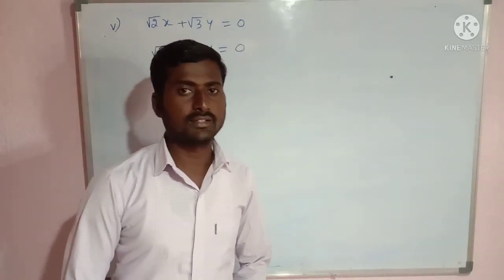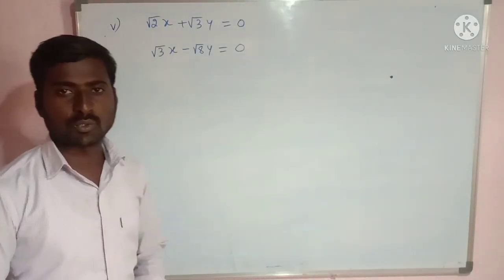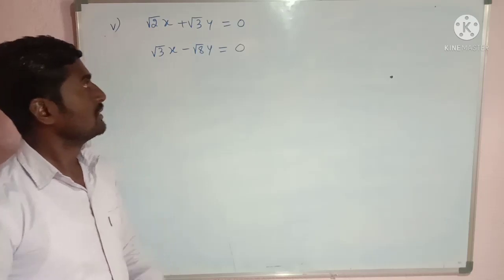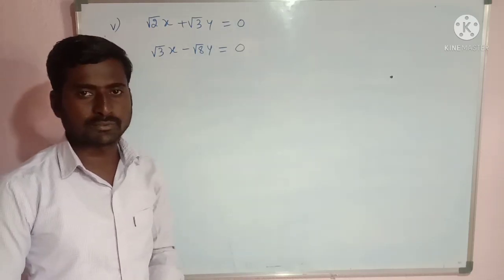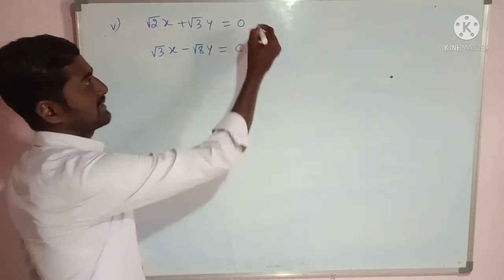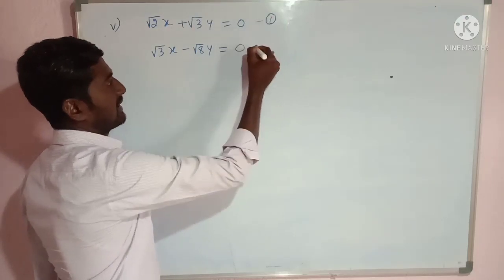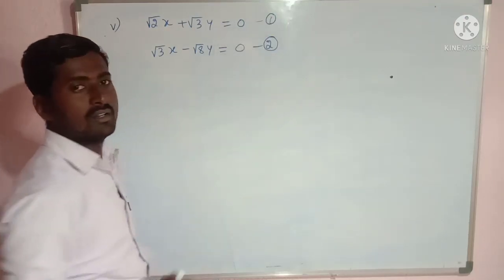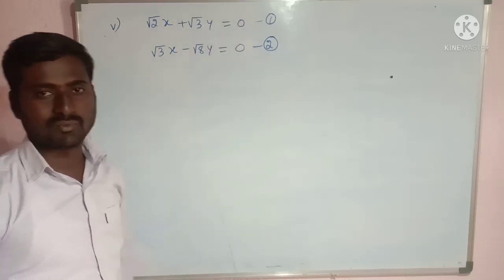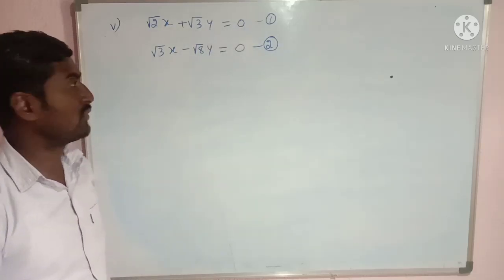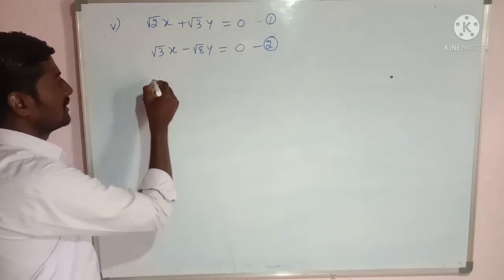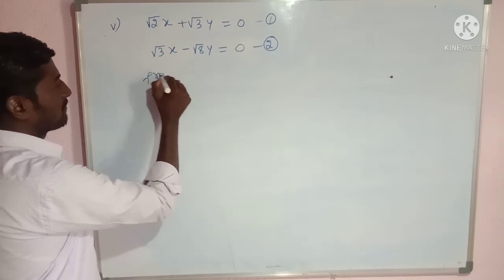Hi dear students, now we shall discuss the fifth question in the first main. So we have to solve this by substitution method. I will take this as the first equation and this as the second equation. Now I will convert equation 1 in terms of y equal to form or x equal to form. So from equation number 1,